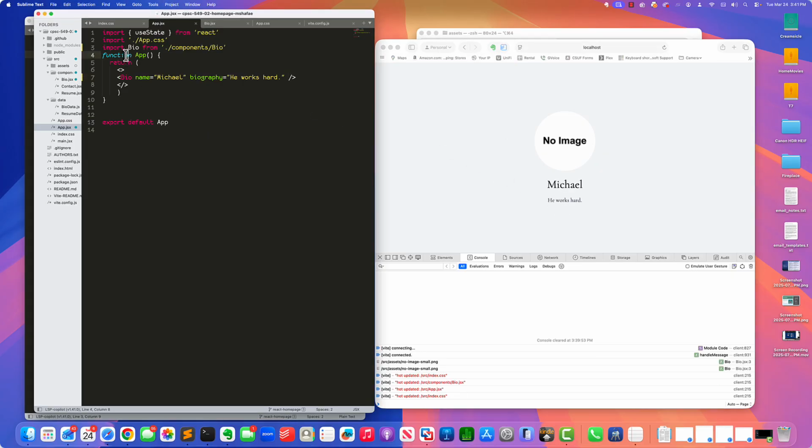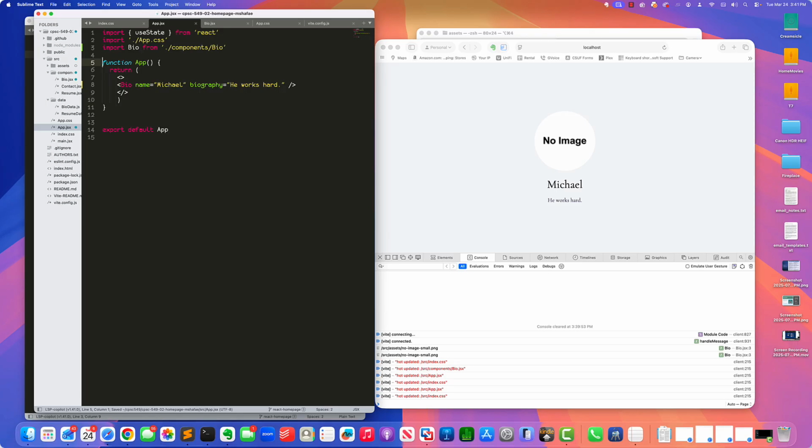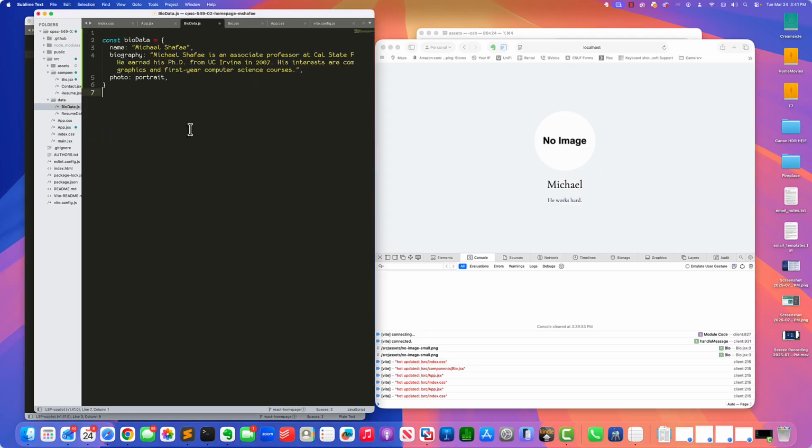Now what I'm suggesting that we do is in the bio data, and we just put that stuff in there. Oops. Gonna steal that data. Come over here to data, bio data, and I'm gonna create an object, call it biodata, and it's going to